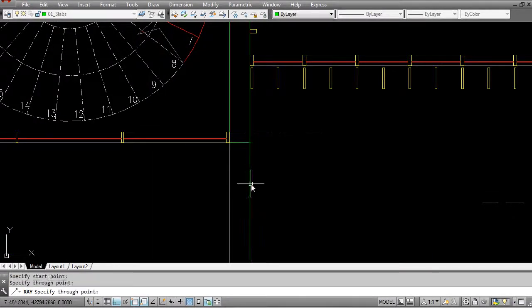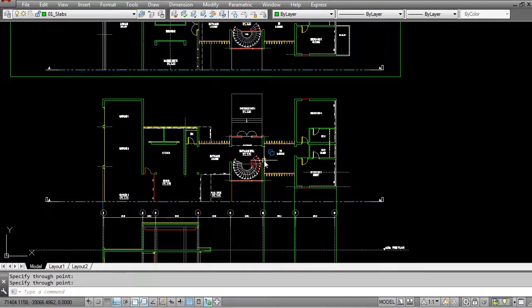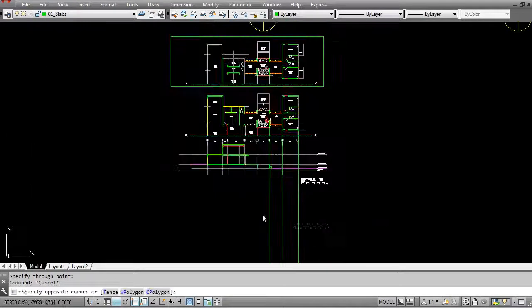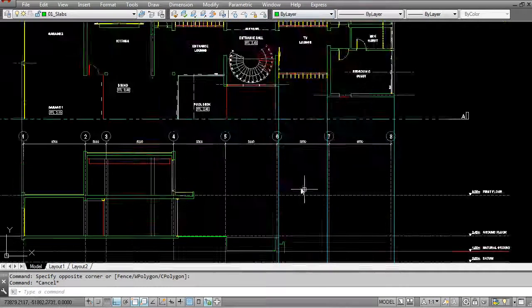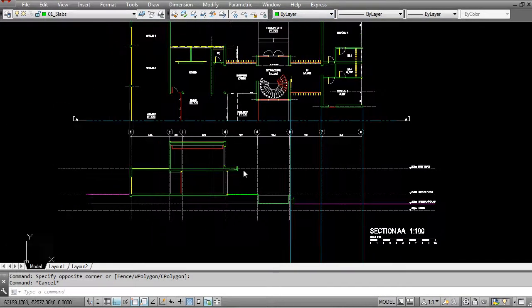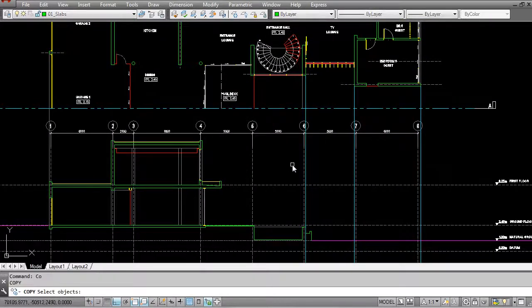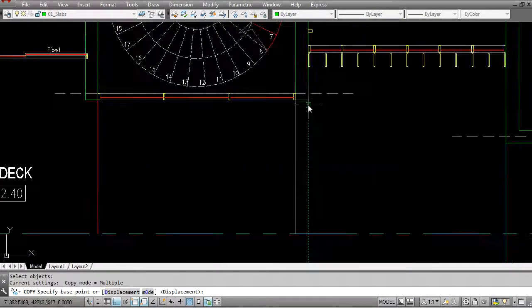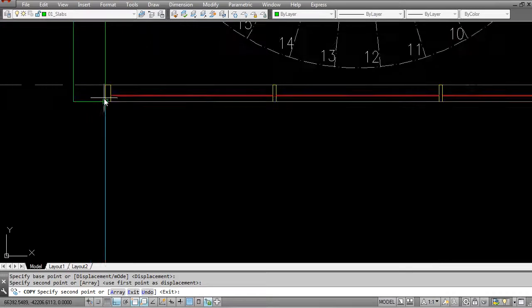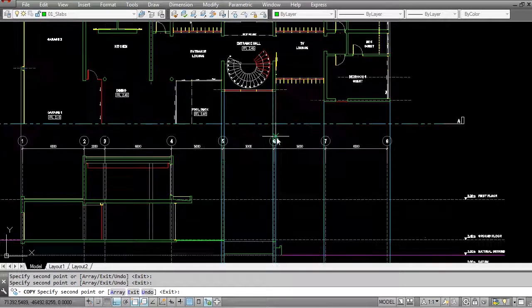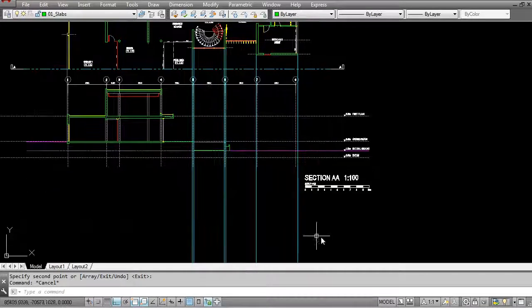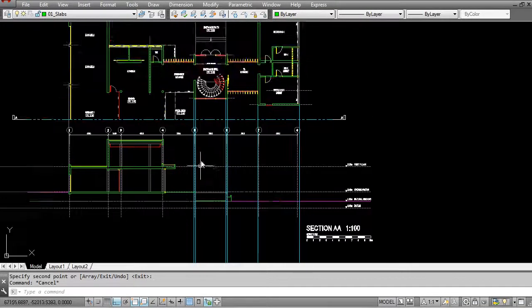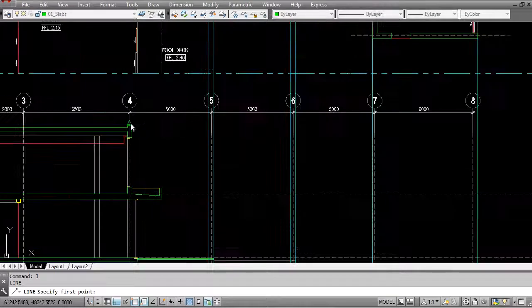That allows you to choose a base point and then it draws an infinite ray in the direction that you click. So these rays can now be recolored so that you can see them a little bit clearer. And you can copy them across your drawing as well instead of recreating new ones every time. So now that we have those main walls in place, you can go and draw a horizontal line